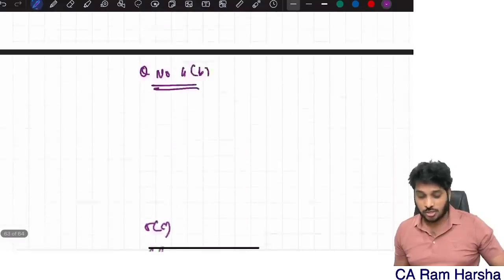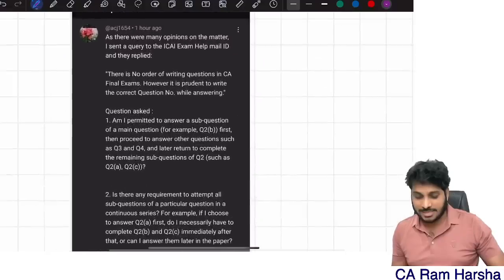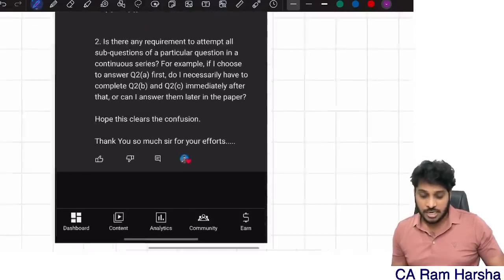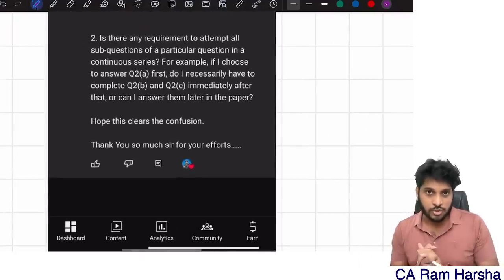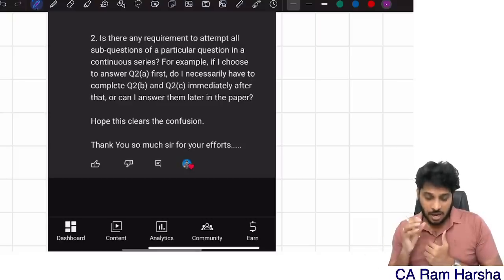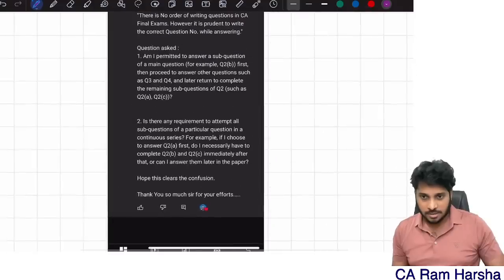Literally, I'm telling you guys, no problem at all. Look at the screenshot which I showed, which a student has exactly asked and what reply he gave. Because he even mentioned this, for many students the confusion will be cleared. I felt I have to do a video on this, so I made this. Then this is one issue.